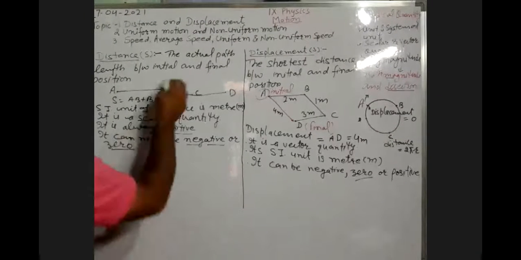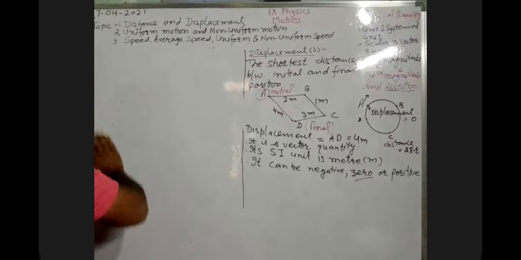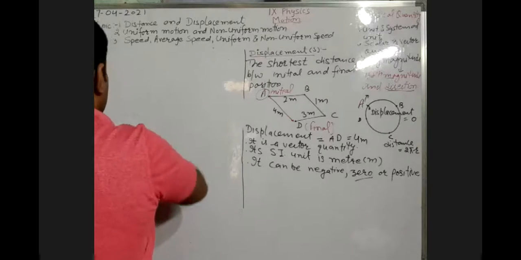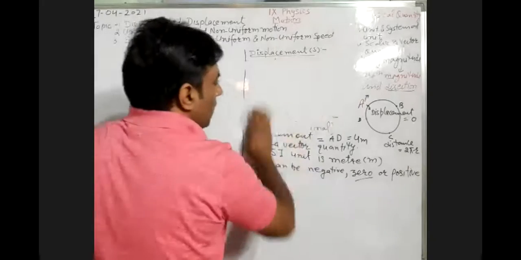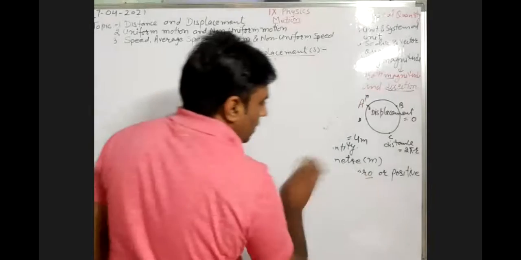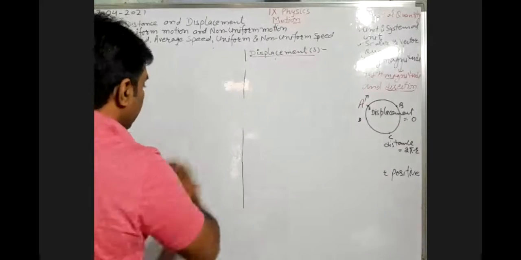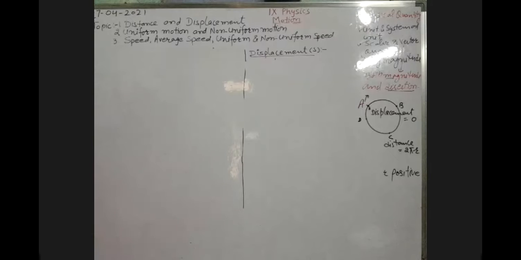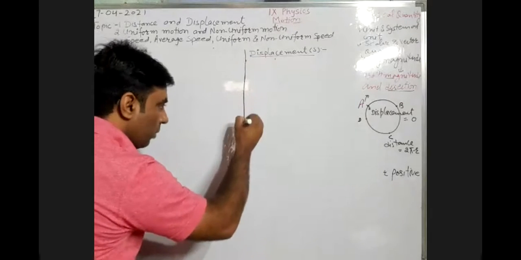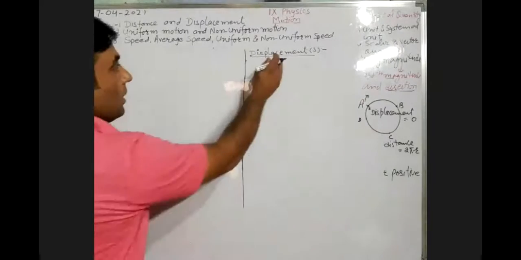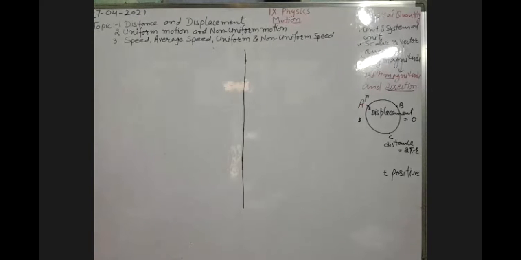So our next topic is uniform motion and non-uniform motion. In 7th standard, you have also learned about this chapter, motion. In 7th class, we have also discussed distance, speed, motion, uniform motion. So you can take advantage of the previous knowledge, but in class 9, there will be some numerical problems and graphical problems. That is a basic difference. But the definition of motion and uniform motion will be the same.